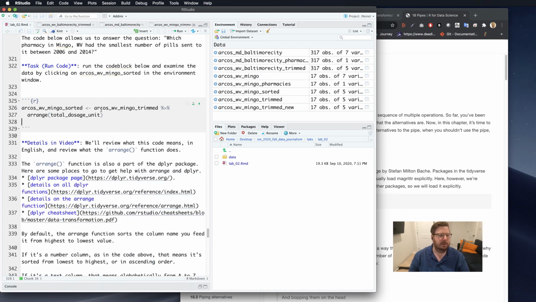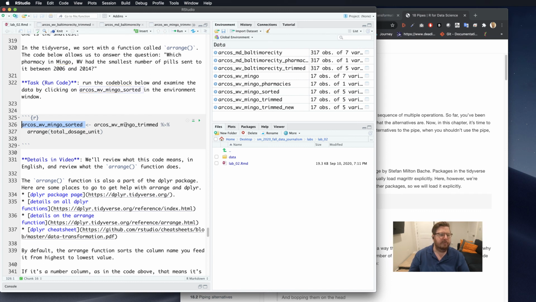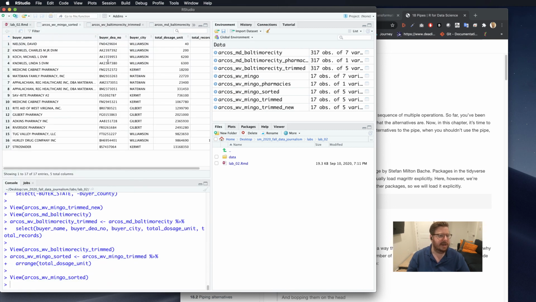We now have this new data frame called Arcos WV Mingo Sorted. So we created this new object. It's now over here. And what have we done? We've said, take the data frame we just created above, which was the 5-column version of our raw Mingo data, and then arrange it. Arrange is another word for sort, on the column called total dosage unit from lowest to highest. So when I click on sorted here, we'll see that the data has been reordered, and you